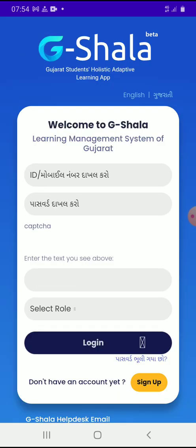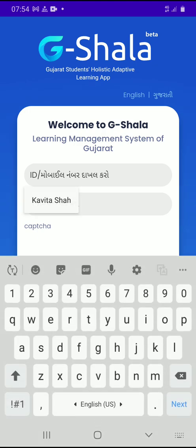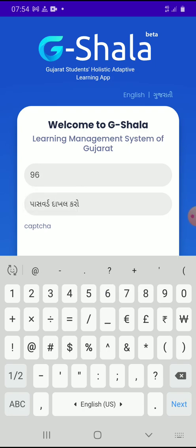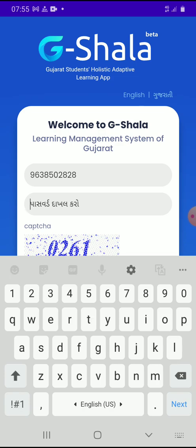Now here you have to log in. You have to enter the mobile number. Again I clarify, students, this particular app is very slow, so work with some patience.